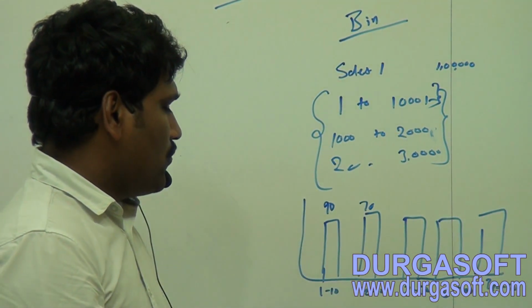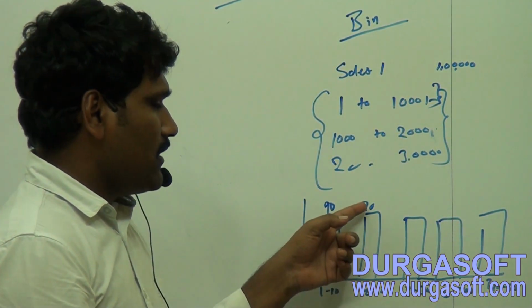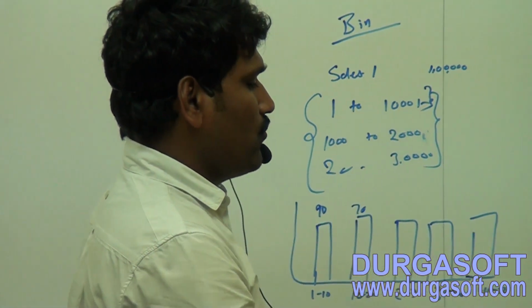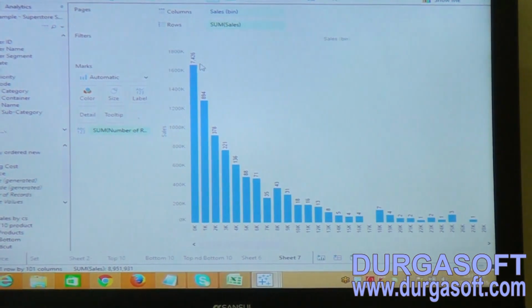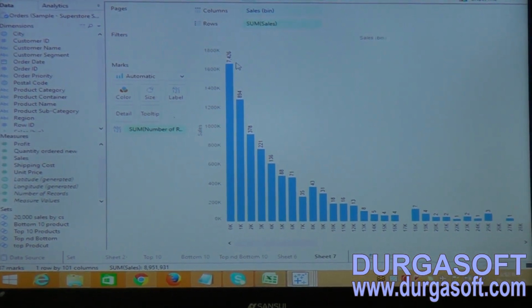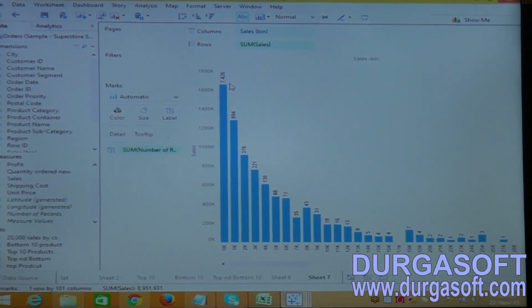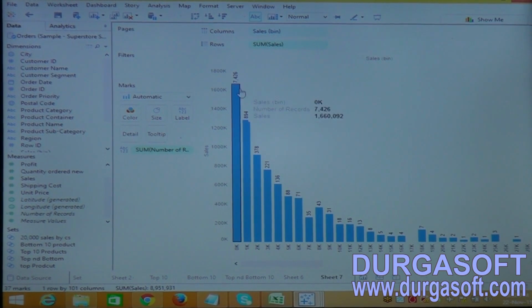Of course here 2 batsmen contribution is 70 runs. The same way here 7,426 customers, or I can say the transactions, or the number of records contribution is 1 to 1000. This is the way how to understand the data.